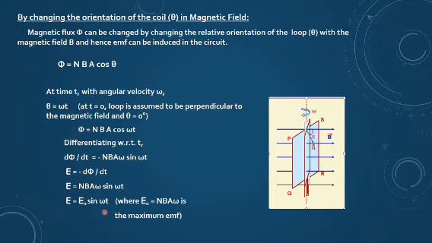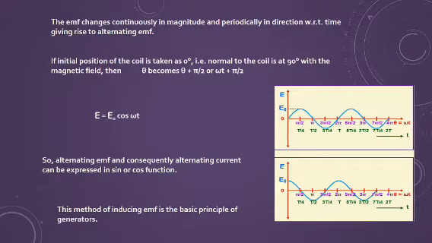You need to keep in mind that I am able to write E equals E naught sine omega t, where E naught is a constant. If I have a fixed number of turns, the magnetic field is fixed, the area is fixed, and omega is also constant, then this gives me the maximum value of the EMF. When sine omega t is 1, it means your theta is 90 degrees. So when theta is 90 degrees, you are getting the maximum value.